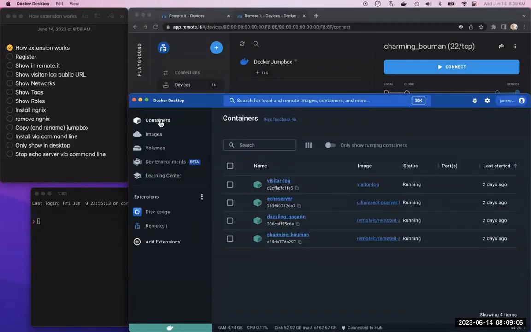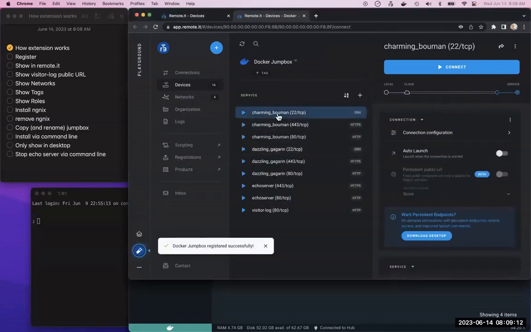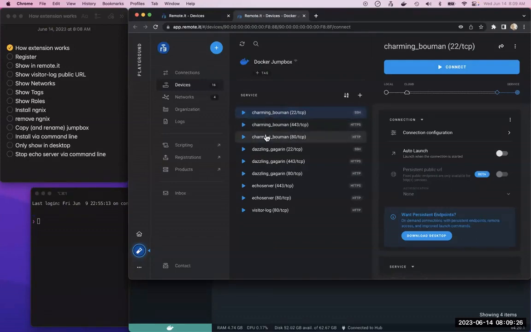So just as proof, these are all the containers that are running, and you can see here they've got the container and the actual service. So it's found the services that are running on these different containers. So these are other Docker extensions that are a single container that just does a direct connection. So these are just some kind of sample ones.